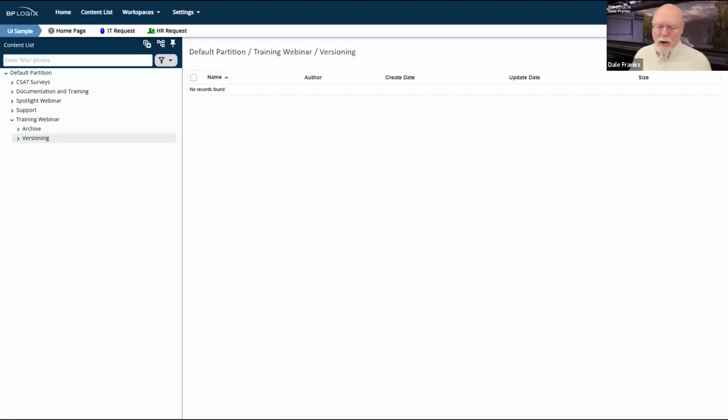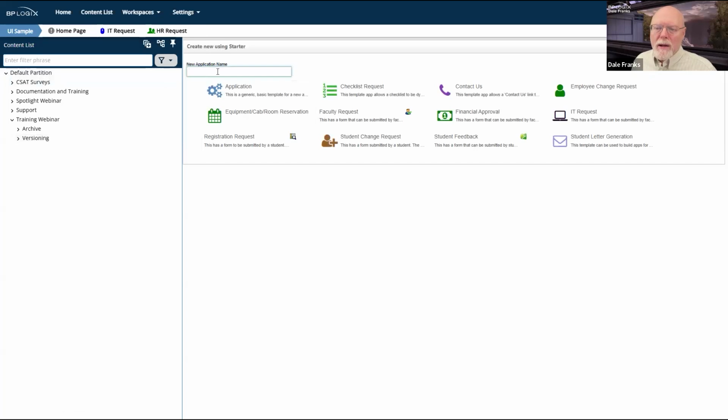In Process Director, every object can be versioned and versioned independently. In fact, there's a couple of different types of versioning. There's at least one other than the official type of versioning that we normally think about, formal versioning. So I have an empty folder here, and I'm going to create a new application real fast. I'm just going to create it from a template. I'm going to use my little application stub.